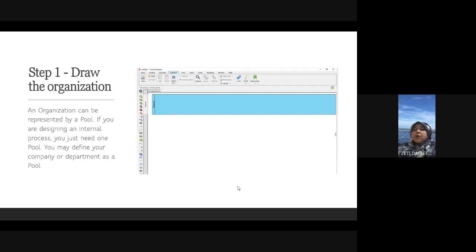So kita tengok langkah pertama, first step. Step 1, draw the organization. So basically ini adalah contoh tools. Yang ini dipanggil Visual Paradigm, tapi tak pakailah Visual Paradigm ni. So this is exactly what we call the working area,